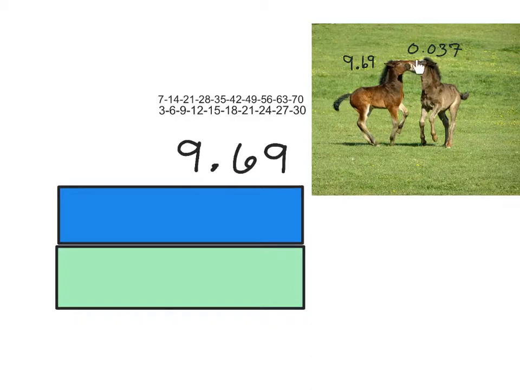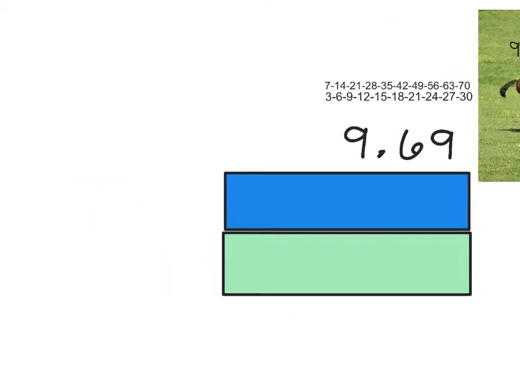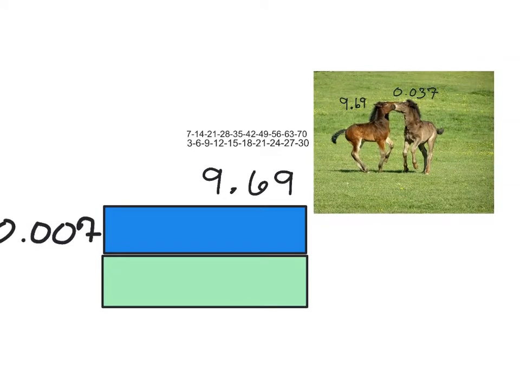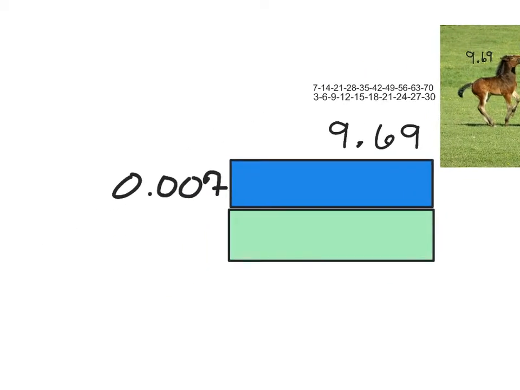Superb. All right, so now you're going to take the first box here and you're going to put 0.007 in the top one. So let's go ahead and do that. And we're going to write 0.007 in the top box. And then for this second box down here, we're going to write 0.030, okay? So let's go ahead and do that. 0.03 and then a 0 there. And now that's going to get you all set up so that you can use your area multiplication to fill in this box and this box. And I will wait for you while you get this all